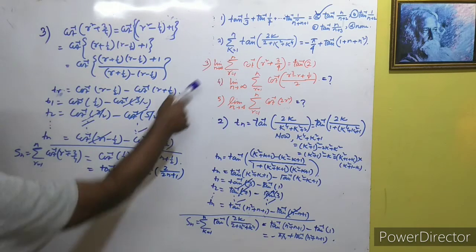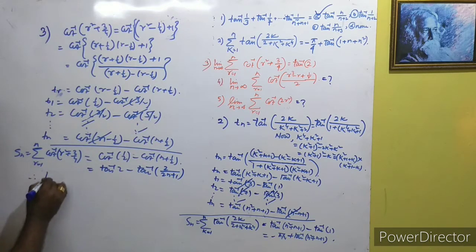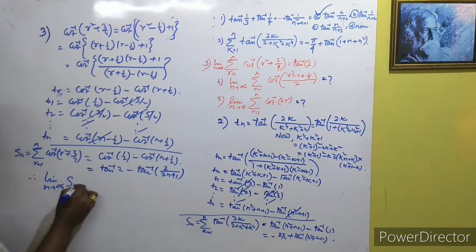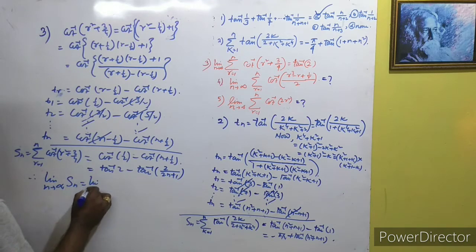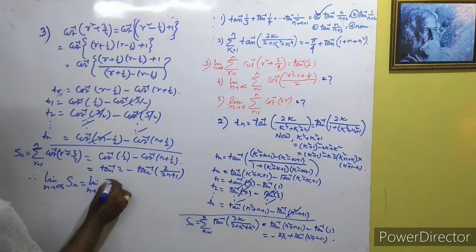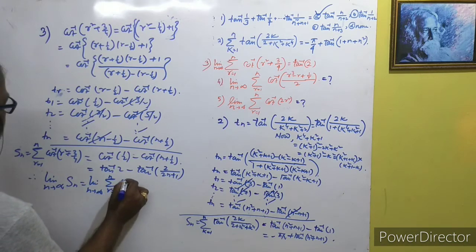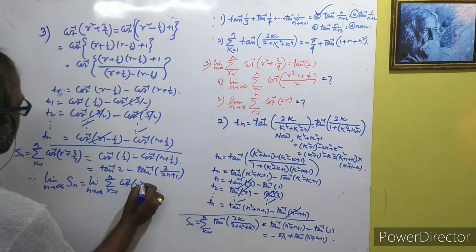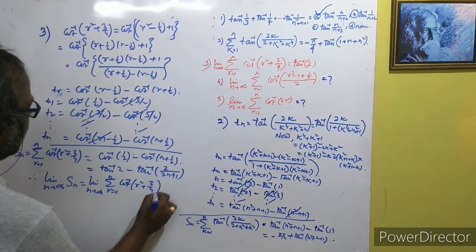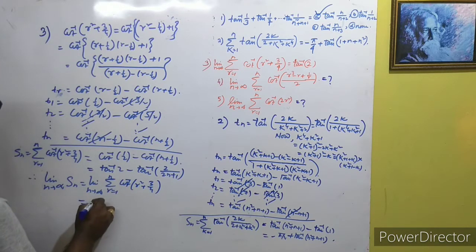Okay, limit n tends to infinity, and this is Sn, and limit n tends to infinity, thus the summation r equal to 1 to n, and cot inverse r square plus 3 by 4, and this will be, this is tan inverse 2, not needed to